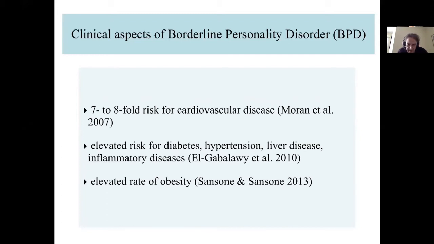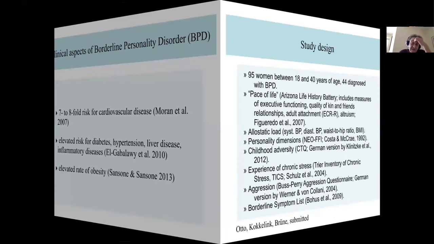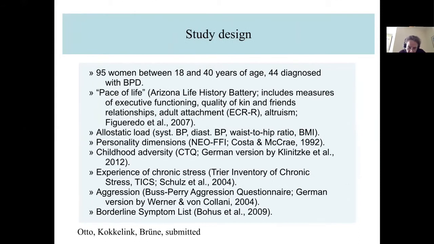There's also elevated risk for diabetes, hypertension, liver disease, and inflammatory, including autoimmune, disease in this population, and also an increased rate of obesity. So these are quite alarming figures with regard to possible measures of preventing somatic disease in people with psychiatric disorders. What we actually did very recently, this is unpublished or submitted material, is we wanted to explicitly study